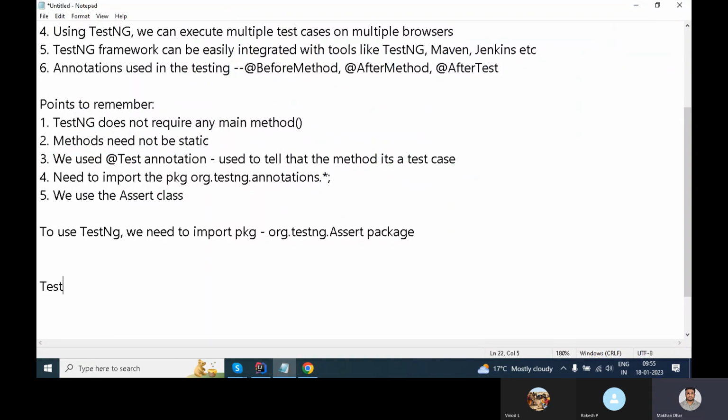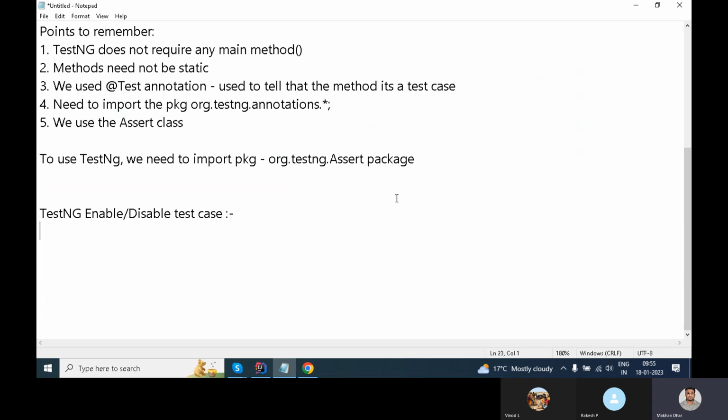Now the next thing we'll see. In TestNG, we have an enable or disable test case function. If you want to enable a few test cases and disable a few, how do you do it? There are two ways to enable and disable your test cases. The first way is